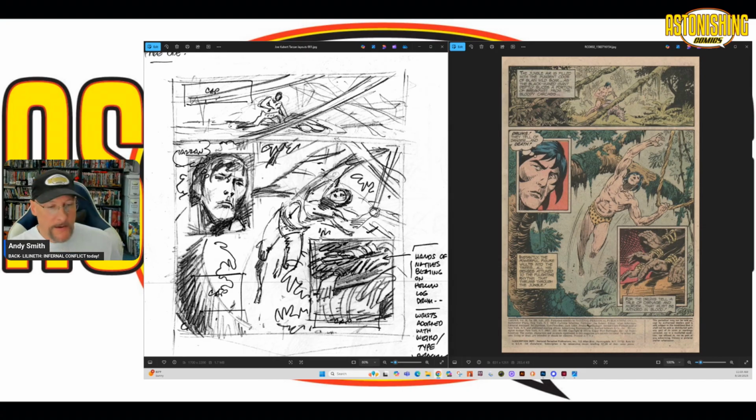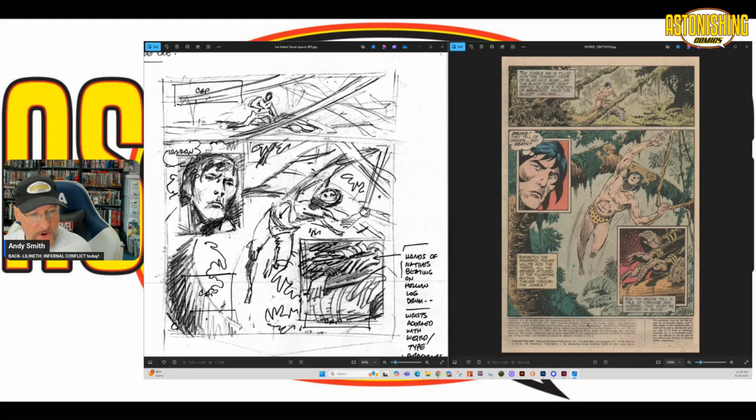Now, if you want, you could take Joe's layout, blow it up, and trace it off to get the shapes down and stuff, because Joe's drawing is so tight. Or you could just set your page right next to it and start drawing. Now, Joe's page isn't in the right proportion, as you can tell, but still, it's really cool. I'm not going to go through the whole book because I do have